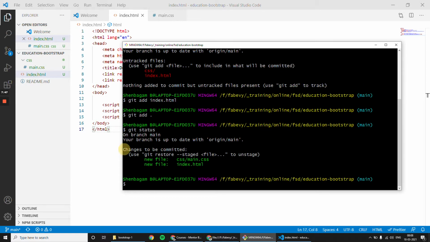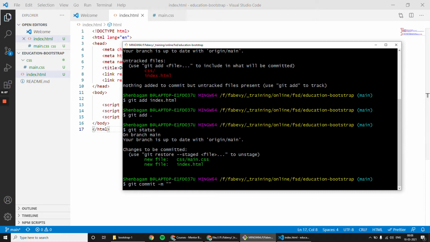It says changes to be committed, which means these are the changes we have made but haven't committed. There are two changes. First one is the main.css file, another one is index.html. So I need to give one commit along with one message.